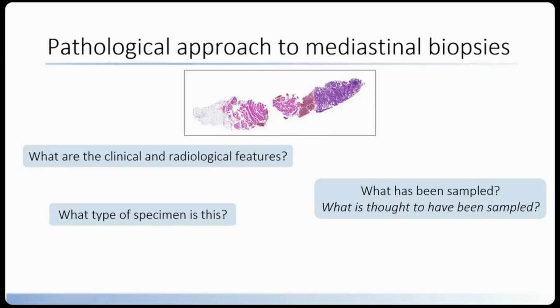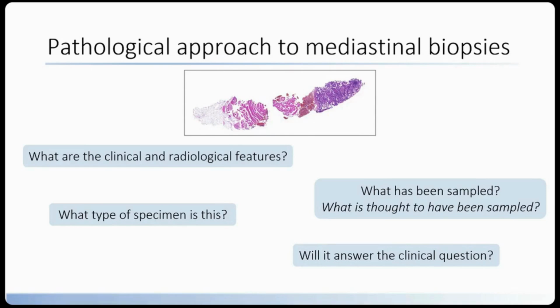We can obviously see whether it's a core biopsy or an FNA, and how it's been prepared, but just have a little think, because it may be that, knowing what I know about this specimen, there's only so far I'm prepared to go in terms of my report on this case, and we'll discuss that later on. But the really important thing to think about is, will it answer the